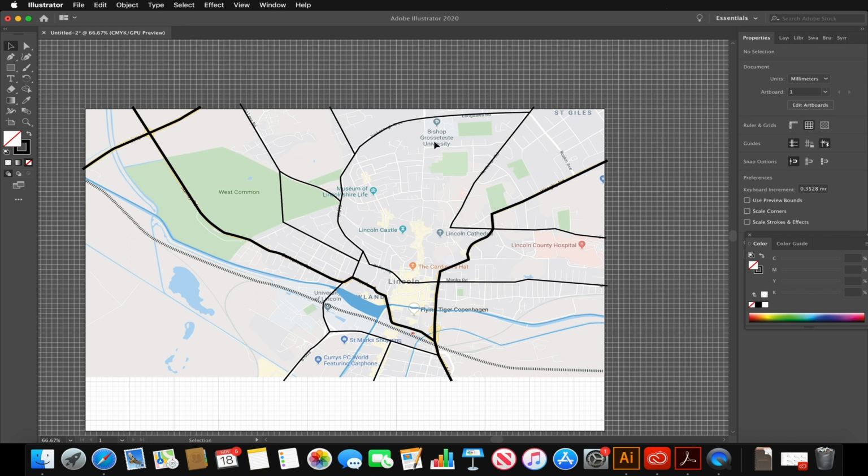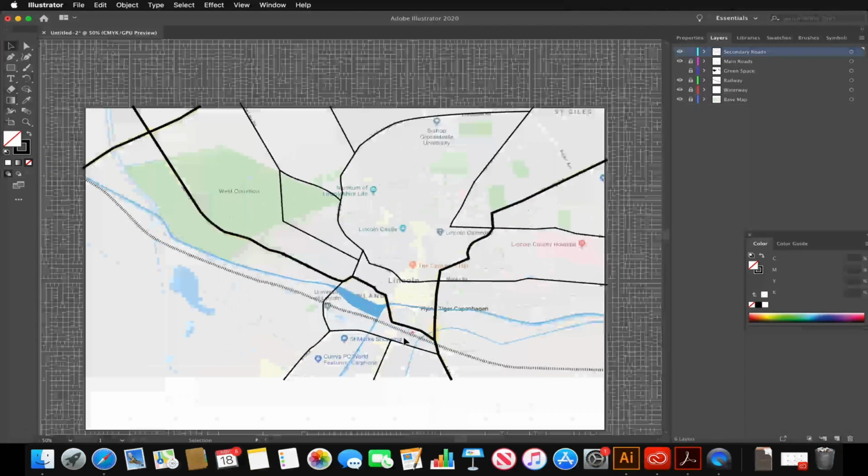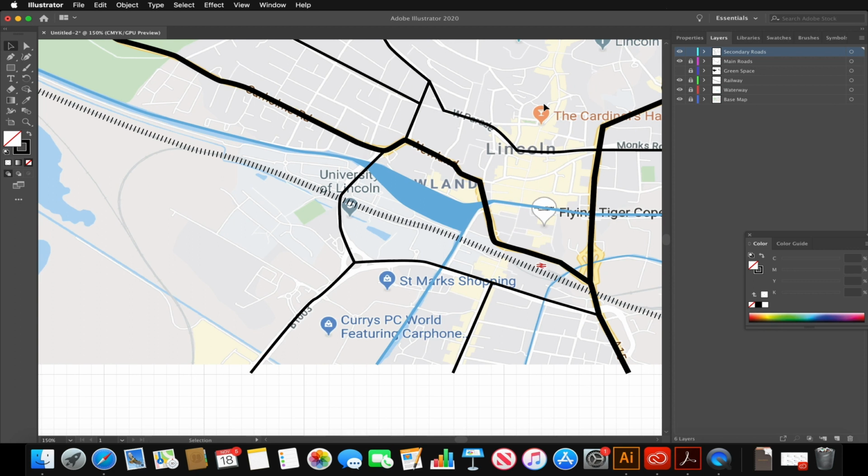Okay, now I've drawn my secondary roads. I could, if I wanted to, also do the tertiary roads. I'm not going to do that because this would be a logistical nightmare to draw in the time we have allocated. So all I'm going to do now is draw a new layer to highlight the university campus. So I'm just going to again go to my layers. I'm just going to close this window for now. And down here you see again we're going to create another new layer. I'm just going to rename this layer